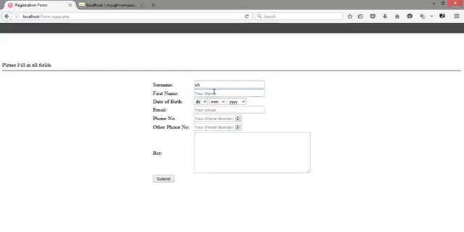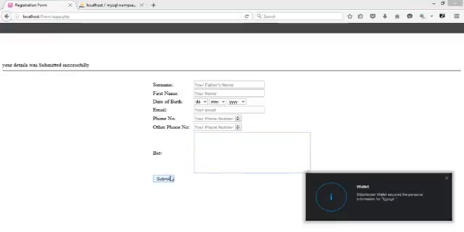let me just fill it roughly. Now let's say you fill in all fields without mistakes, and you have an email, and your phone number. Let's just assume a phone number like that, and let's just put in a little biography. I love PHP. Okay, now when you fill in all data completely and click on submit,